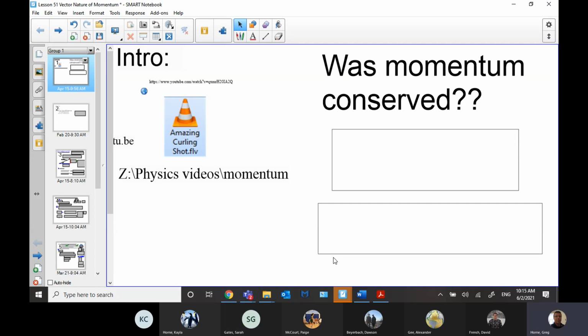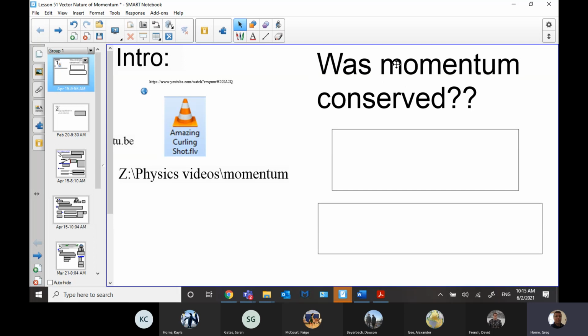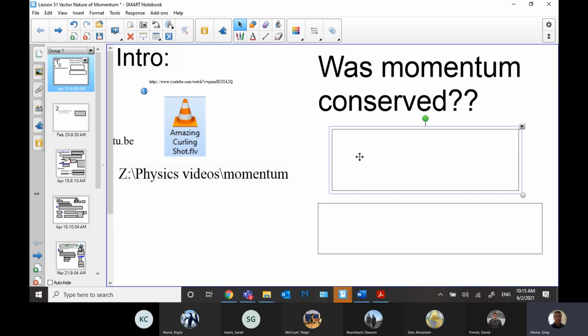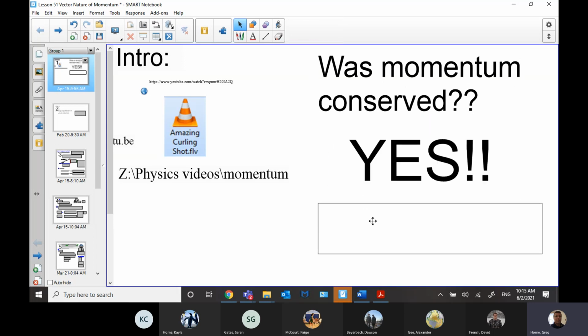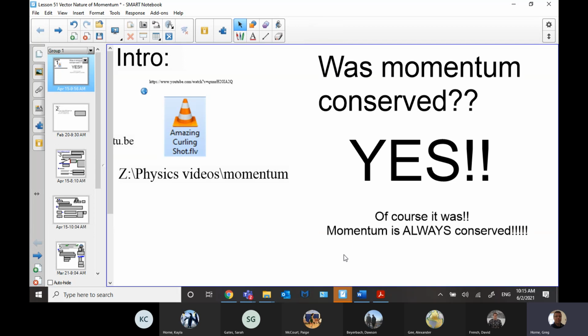My next question is whether kinetic energy was conserved in there, and that's a maybe and a maybe not. Probably was. The stones rebound pretty efficiently, so I would say kinetic energy was probably mostly conserved. They look fairly elastic, but the simpler question here is actually about momentum. So the answer is always yes. Momentum is always conserved.